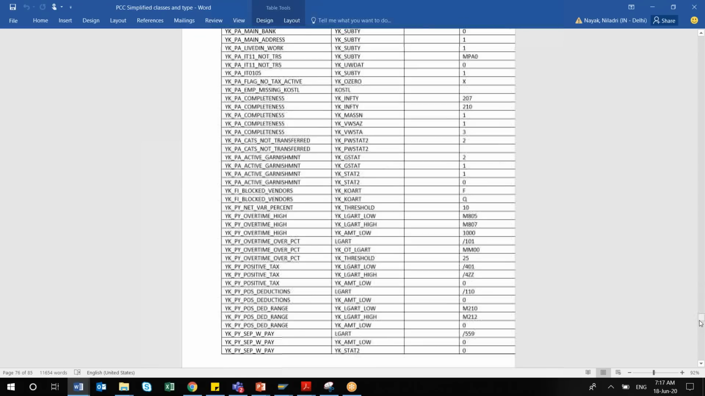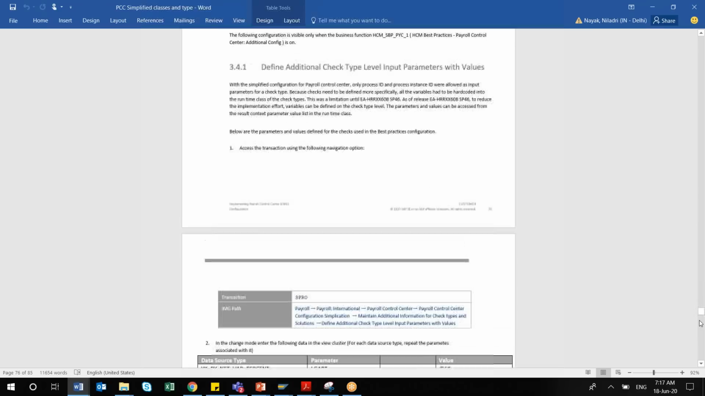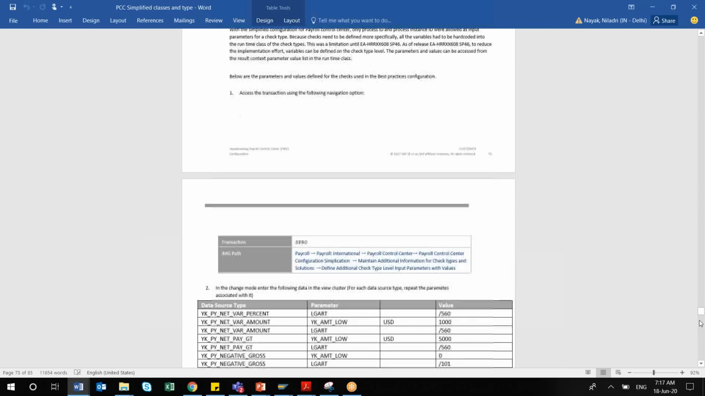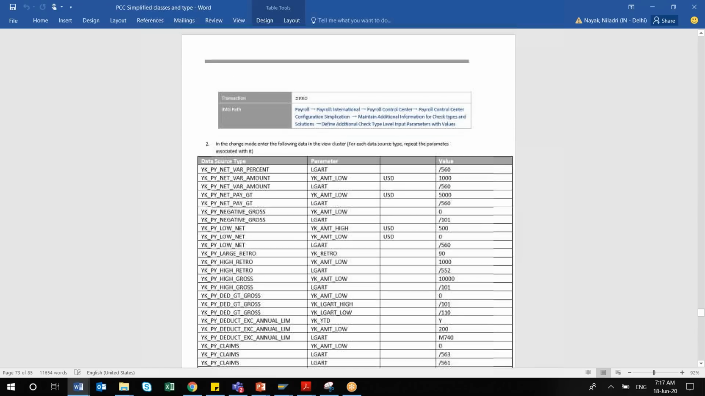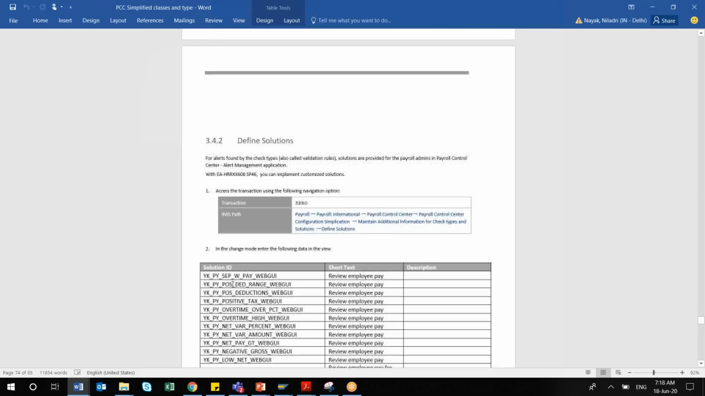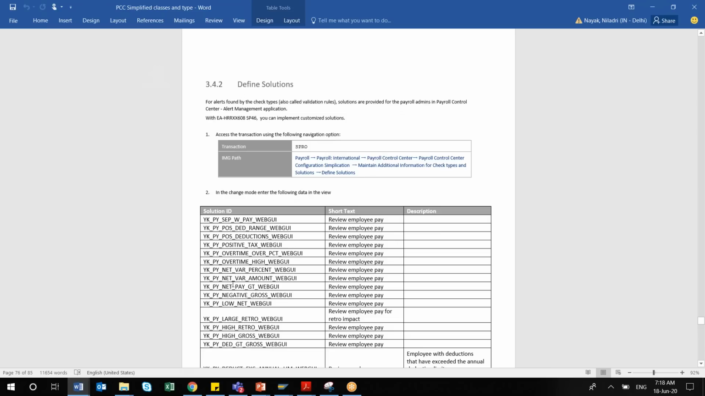You can see there is a list SAP has given towards the end of this document. There are some additional check type input parameters they have given. These are the different values they have given for LGRT, and different data source types, like YK_PY_NET. They have given all the models and parameters, and also a solution, defining where exactly